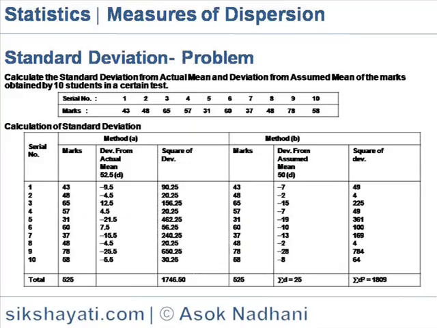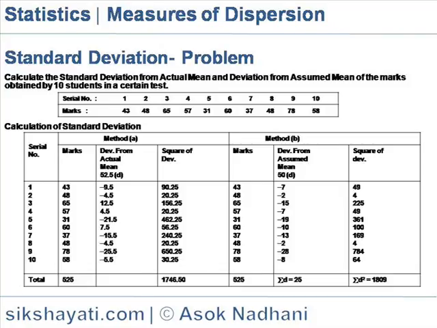Standard deviation. Calculate the standard deviation from actual mean and deviation from assumed mean of the marks obtained by 10 students in a certain test. So the first row shows the serial number of students and the second row shows the respective marks obtained by the students. So we get the column where the first column shows the serial number, second we make two sets of data